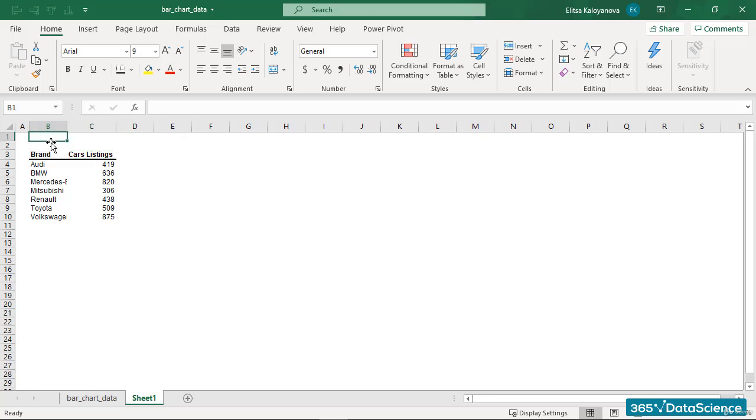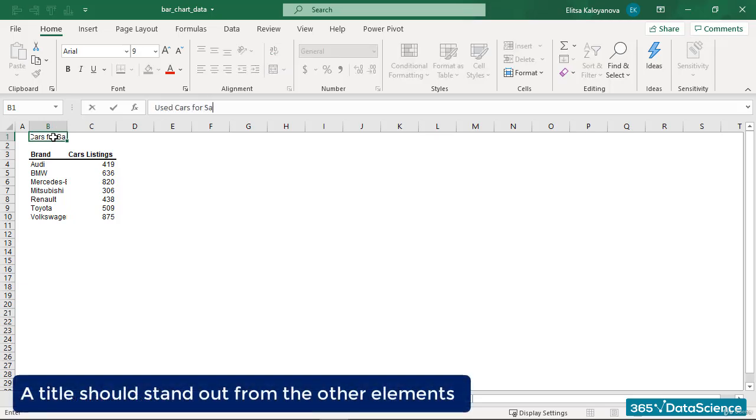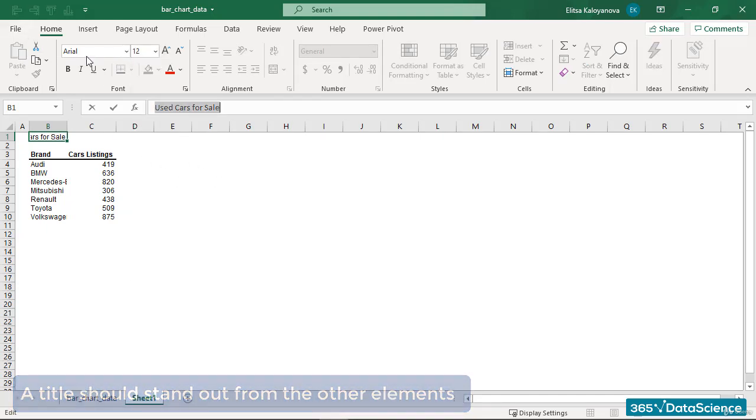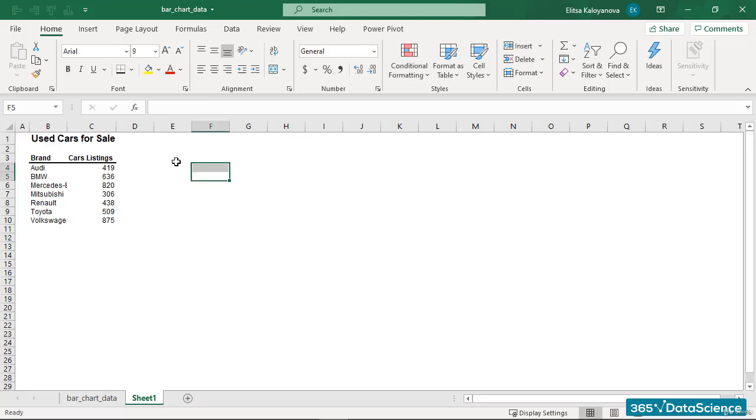In cell B1, we'll type in a title for our sheet, which will be Used Cars. Since this is a title, it should stand out from the other elements. We can increase its font size to 12 and bold it. Lastly, let's